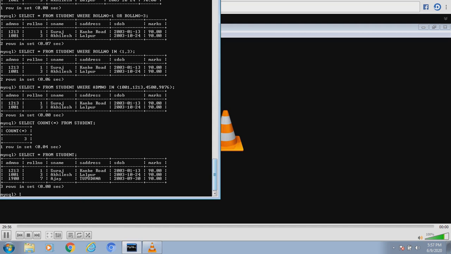Let us insert records. We'll write insert into student values, and what are the things? Maybe one admission number 2000, maybe roll number is 9, then we will give a name as Adhir, and see, name we are giving, but it should always be given in quote. Adhir is the name, and then maybe his date of birth is 2003 August, say 14th, and his marks is 49, very less.